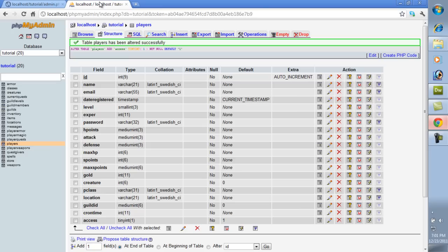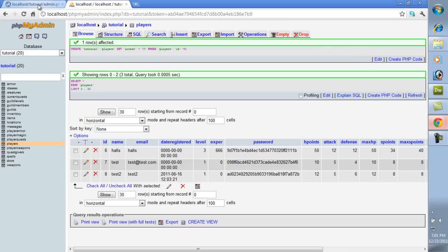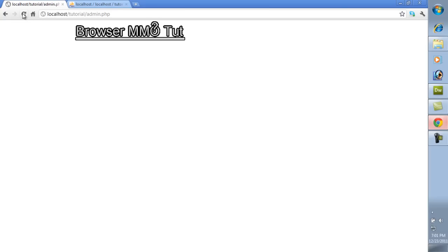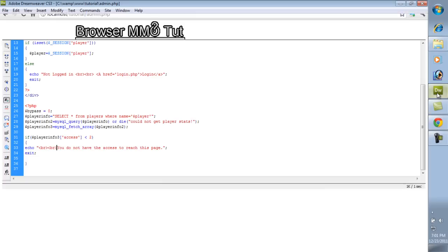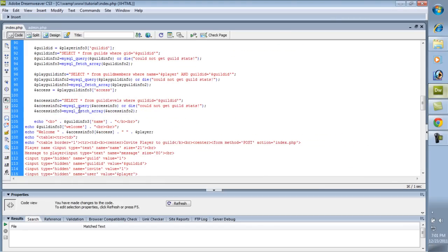So now let's give all halls here access number 3 as an admin, and now we have access, and of course we don't have anything there. Now of course you don't want your admins to have to come in here and put in the admin.php every time. So let's open up our index, and actually we're probably going to have to open up